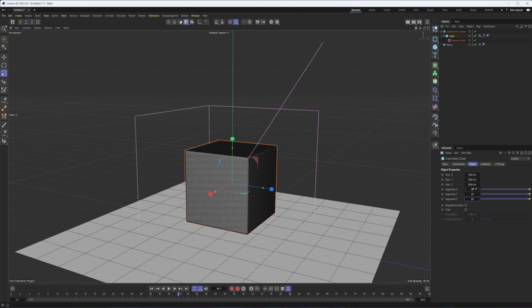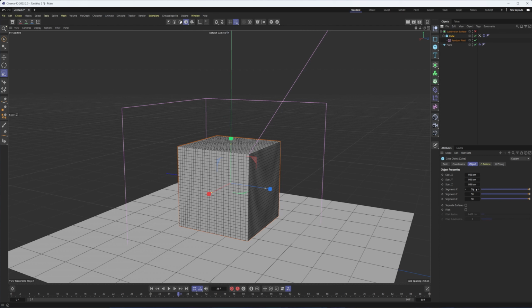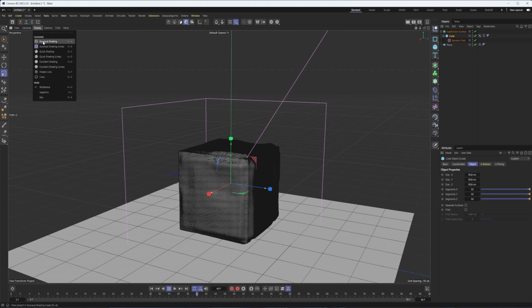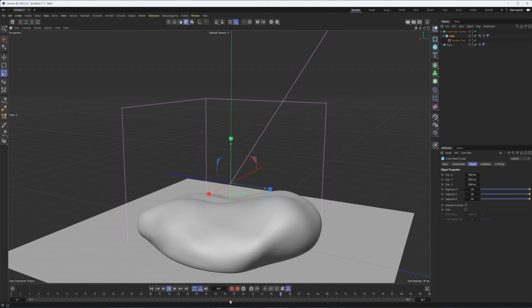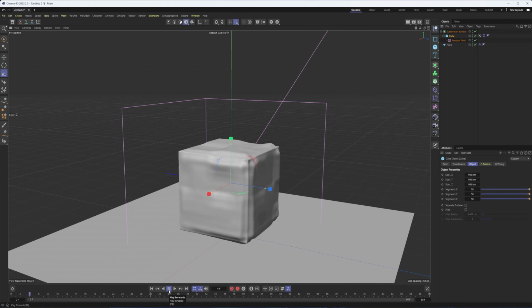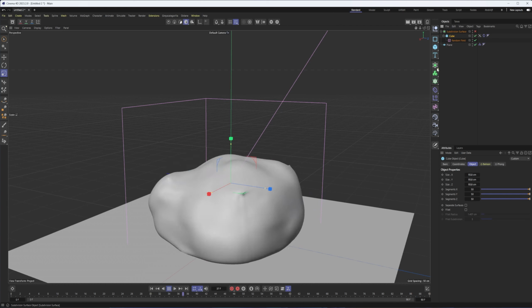And as with any time you increase the segments significantly like this, you do run the risk of Cinema 4D crashing, though without the subdivision surface, it's actually not too bad. So we can probably push those a little bit further. Awesome. Turn off that. You can see something's a little bit slower now, a lot slower. And with that, we are getting something that's a lot blobbier with all those additional segments.